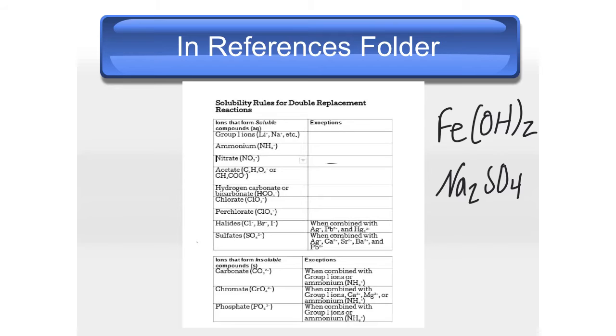Okay, so here are our two substances, and we're going to look at our solubility rules and figure out if they're AQ or solid. So again, start at the top, work your way down, and see if you can find either iron. That's a terrible arrow, sorry about that. Or hydroxide. So if we look and go down,